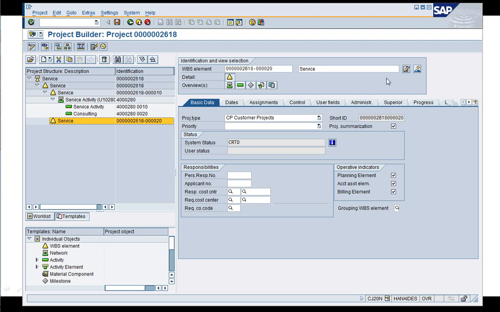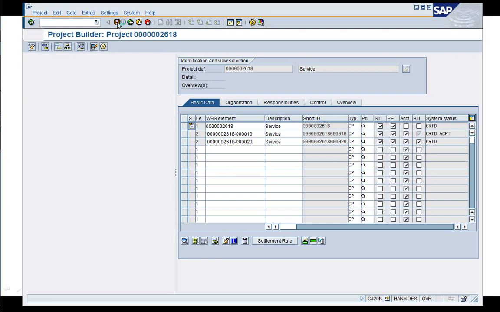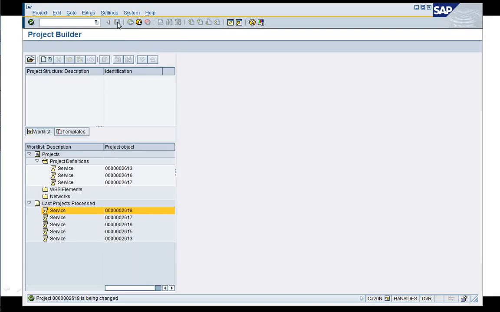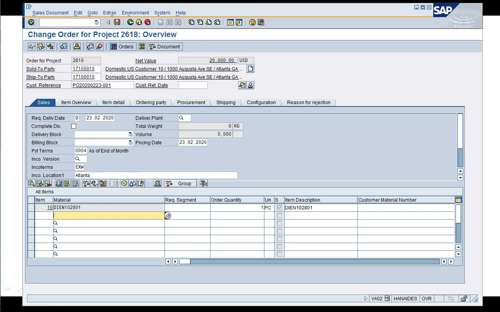So how does it look? Is this the billing element? Yes, this is correct. Okay, let's save it. And we're gonna go back to a sales order. Let's try adding a new item. This happens to be the same material,